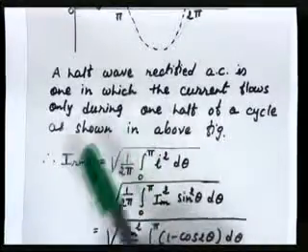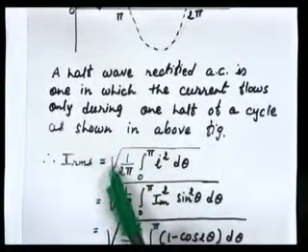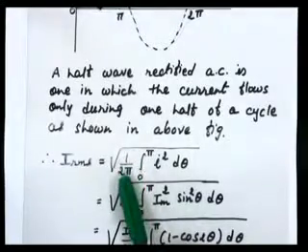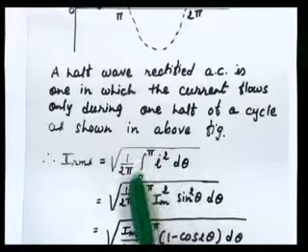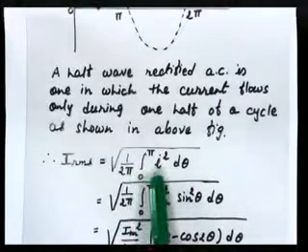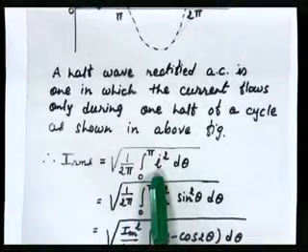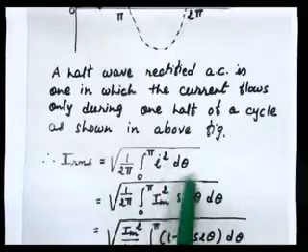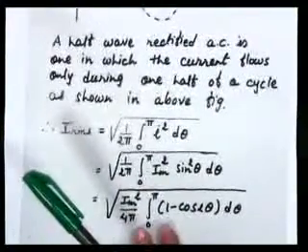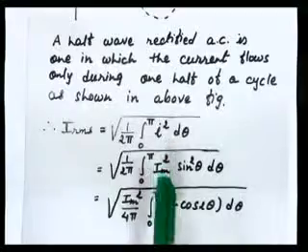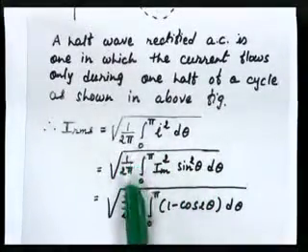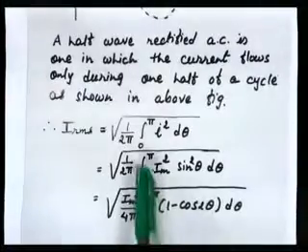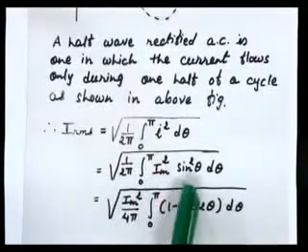So the equation is the same: I RMS is equal to under root of 1 upon 2 pi, where 2 pi is our time period, integration 0 to pi, because it is a half wave rectifier, I square, because we are considering the amount of heat, and d theta. So I is equal to Im sin theta. So it is like this: under root of 1 upon 2 pi integration 0 to pi Im square sin square